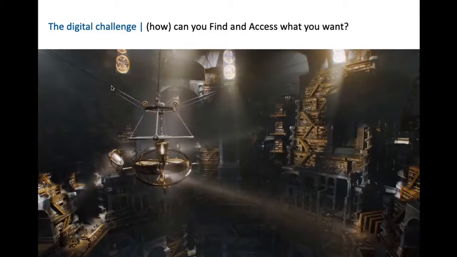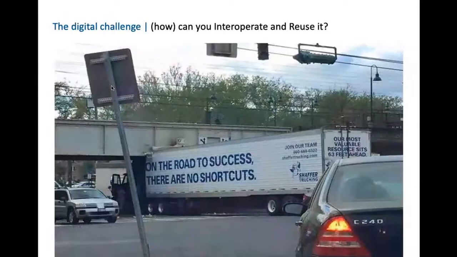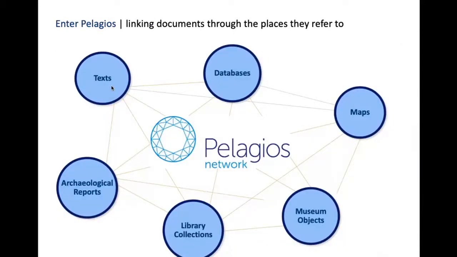How can you find and access what you want? Even if you do find it, even if you can access it, can you interoperate with it? Can you reuse it? And that's hopefully where Pelagios comes in. At least one small bit of this work is where Pelagios comes in as a way of easily linking information